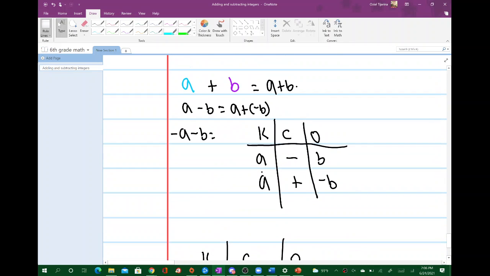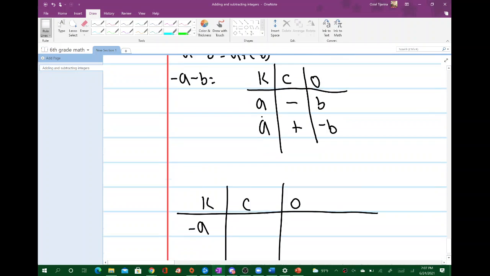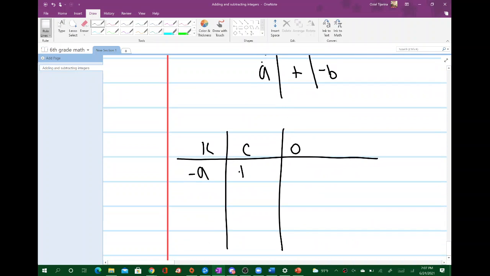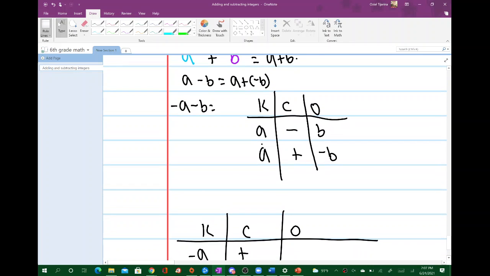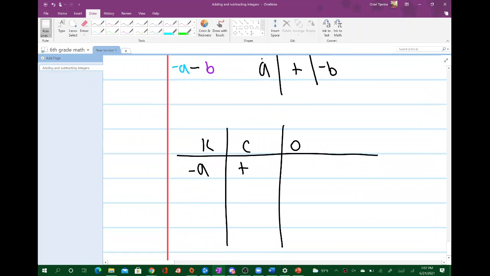We have -A, so -A, and then plus, and then we're going to do the opposite of B, right? Because really this is going to be -A, and then we have the minus sign, and we have B. Well, what is the opposite of B? I said basically it is -B. So that means we're going to have,